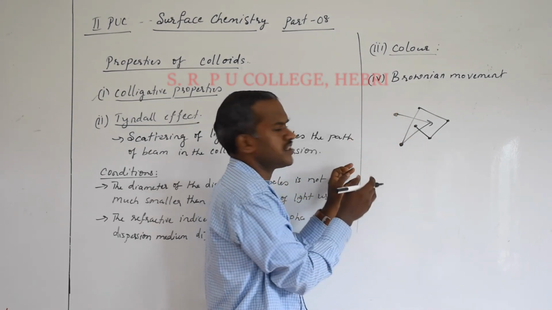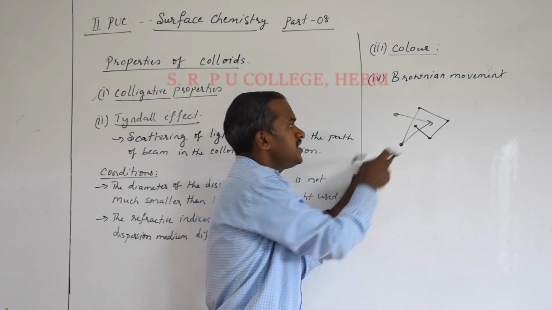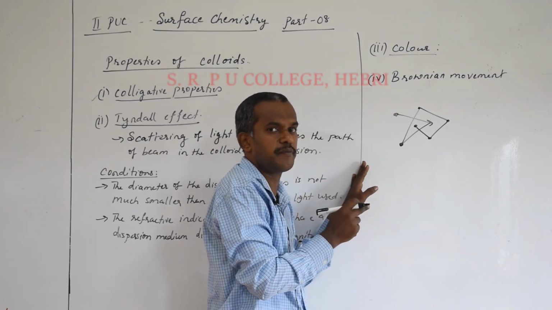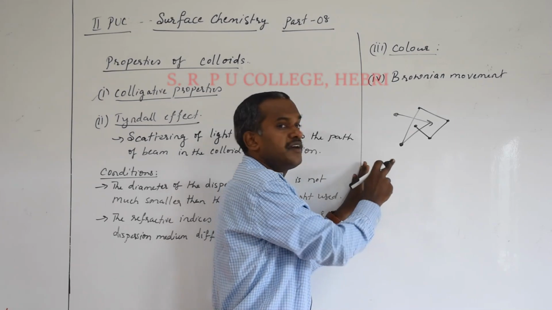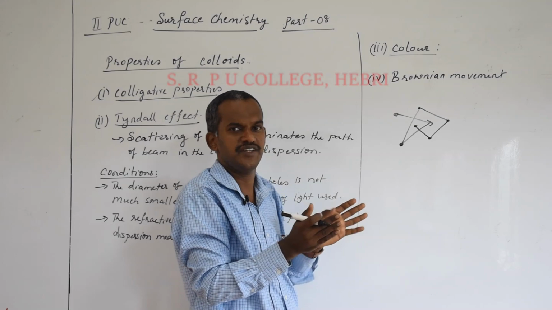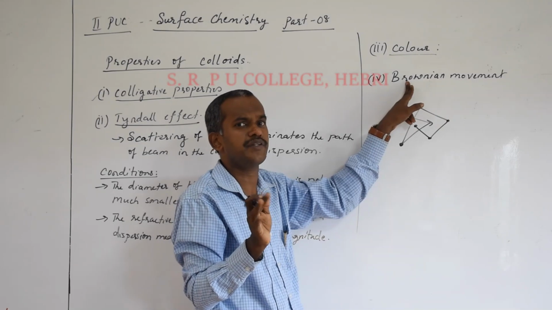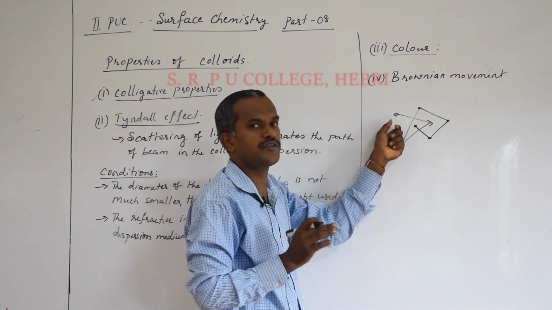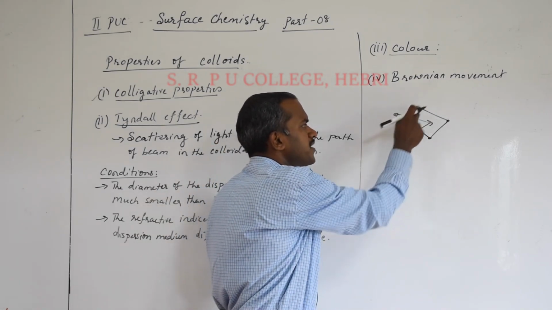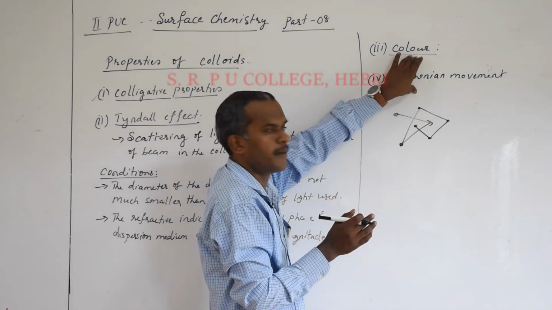Now the question comes here: what does this Brownian movement depend on? Students, you have to think now. Is it depending on the nature of the colloidal particles? Absolutely no. It depends on the size of the colloidal particles. We know the range: 1 to 1000 nanometer is the size range of colloidal particles. But remember, Brownian movement is not generally depending on the nature of the colloidal particles. It depends on the size of the colloidal particles. So the zigzag pattern of the movement of the colloidal particles in the dispersion medium is called Brownian movement.